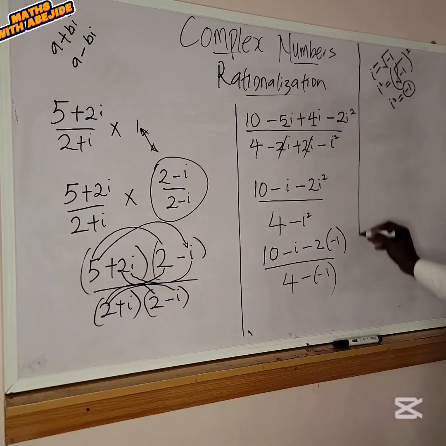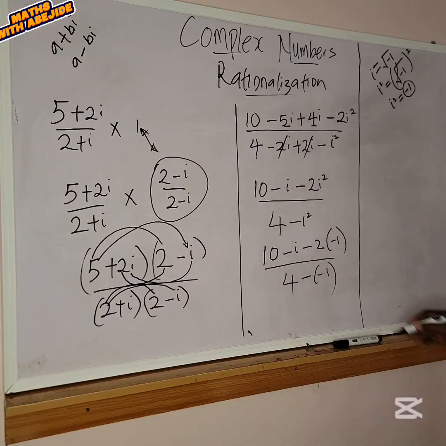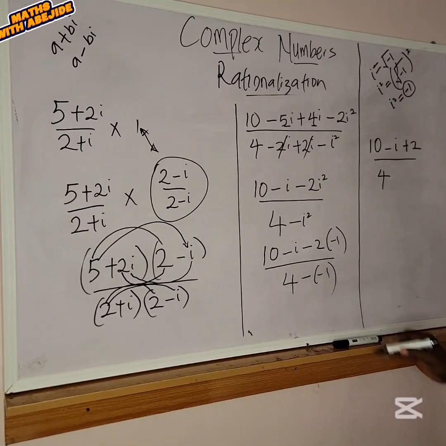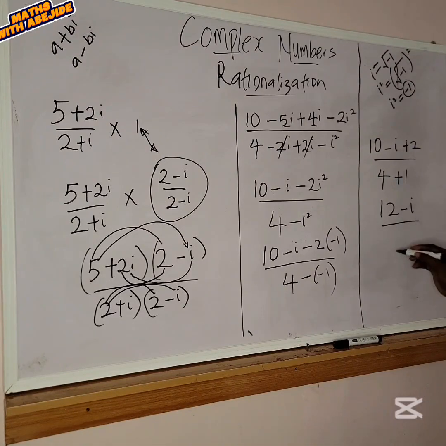So when we simplify further, we can have this to look like 10 minus i, then minus 2 times minus 1 will give us positive 2, divided by 4, that's i times i will give us positive 1. Simplify further to have 12 minus i all divided by